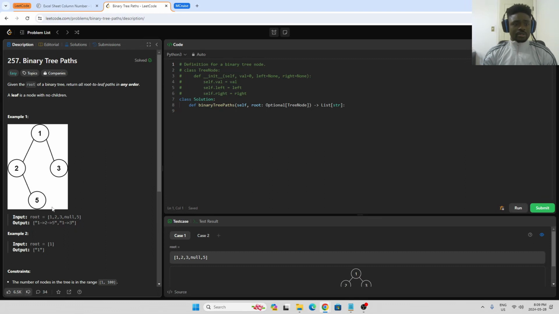3. So since our goal is to return all root to leaf paths, one path starting from the root to a leaf will be 1, 2, 5. Another path starting from the root to a leaf would be 1, 3. And as you can see here in the output, the first path was 1, 2, 5. The other path was 1 to 3, as I described. Okay, and